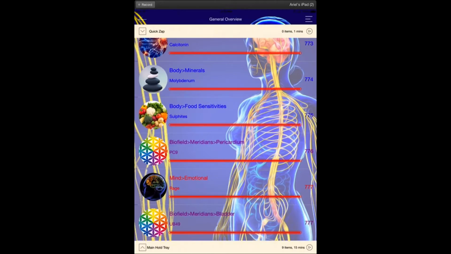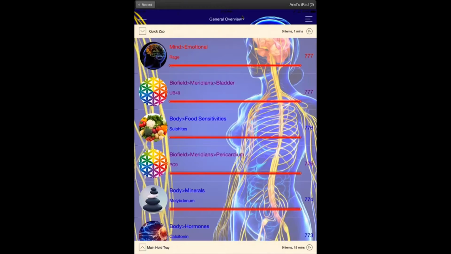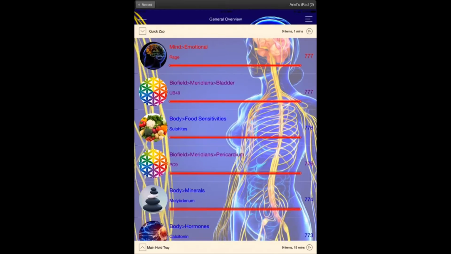Wow, I didn't know about the General Overview scan. I love it. And just to show you that again, Elise, thank you for mentioning that. If you simply tap on System Overview, it takes you to General Overview. And as I said, Ryan has really nicely implemented that switch. That looks really great.